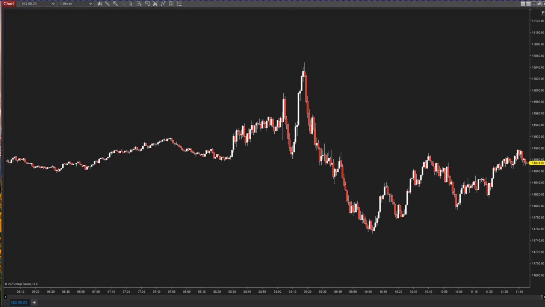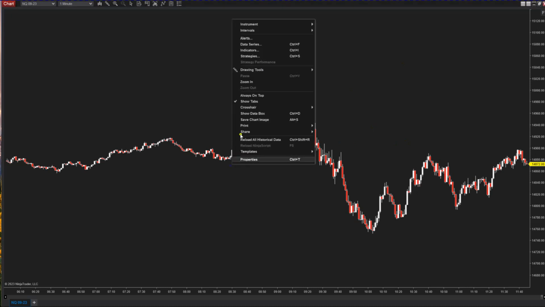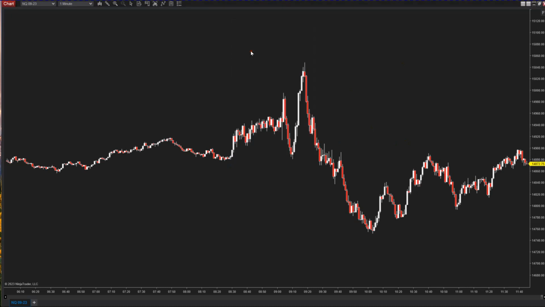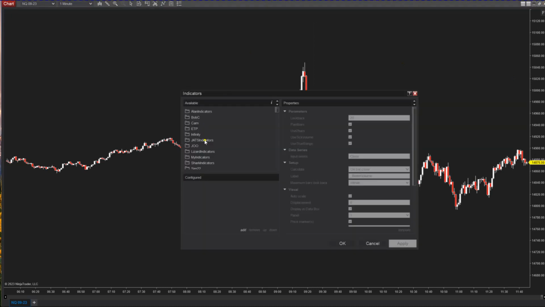How's everybody doing? We're going to look at a Blackbird strategy just to reach a time frame. So we're going to use a 15-minute opening range time frame. So I will put the JATS PT3 indicator on the chart